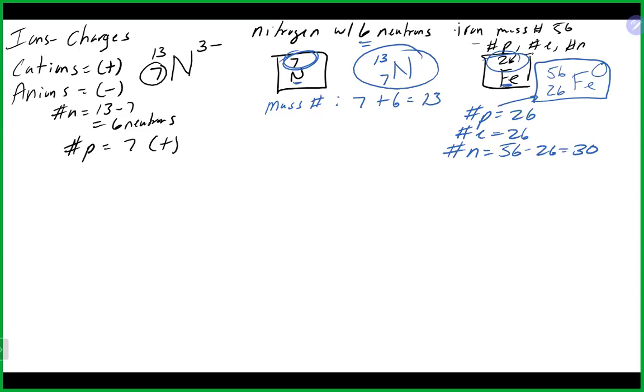The number of electrons in this case would have to be 10 electrons. And that is because if you take 10 negative things and you add them to 7 positive things, you are left over with a -3 charge,